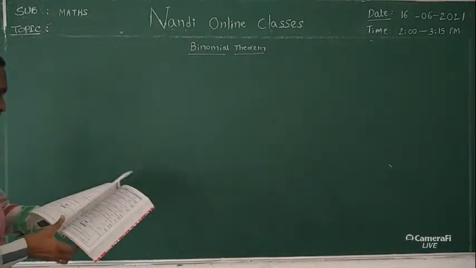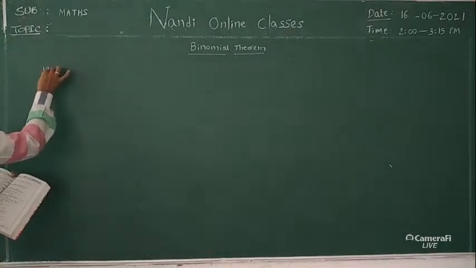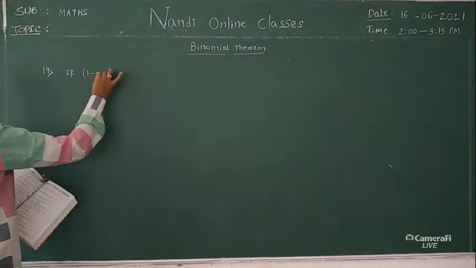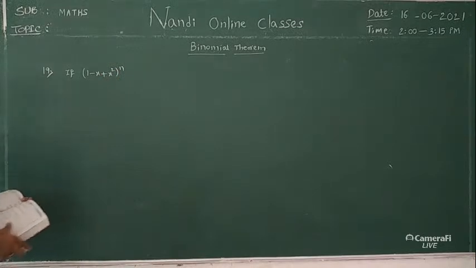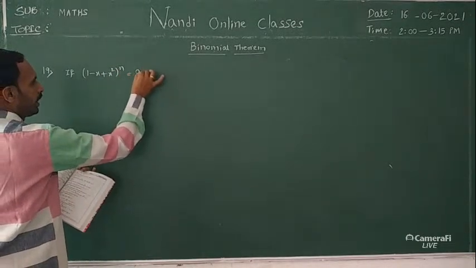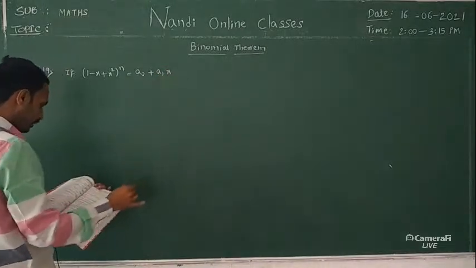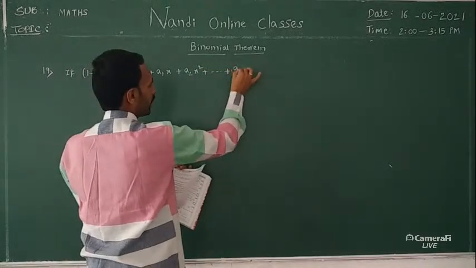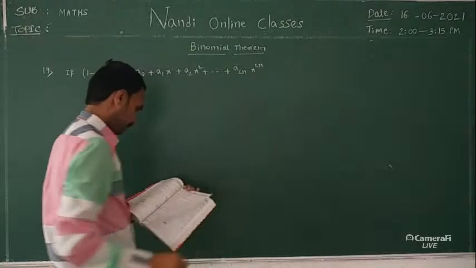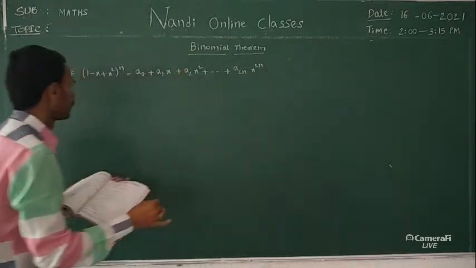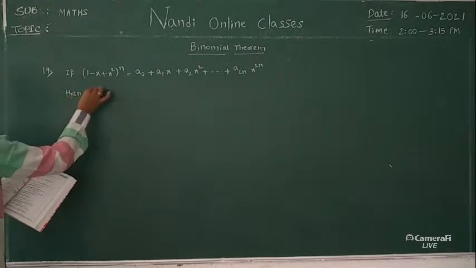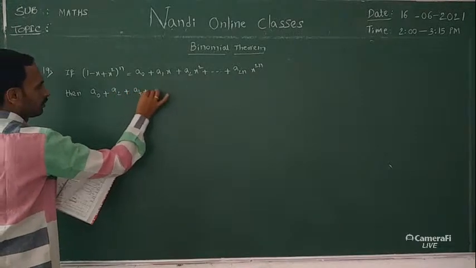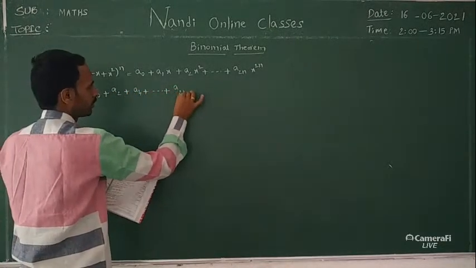Okay, 19th problem. If (1 minus x plus x square) whole power n is equal to a naught plus a1 x plus a2 x square and so on plus a2n into x power 2n, then a naught plus a2 plus a4 plus and so on plus a2n is equal to